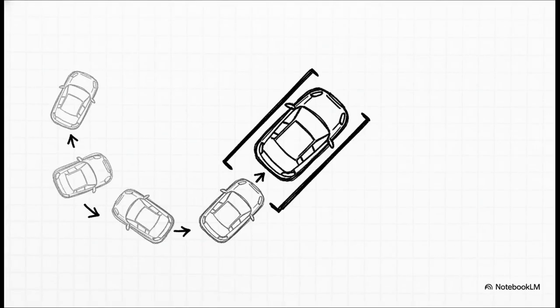The next step up is limited memory AI. This is where pretty much all of the AI that we use today lives. These systems can look into the very recent past to help make decisions. Think about a self-parking car. It's not just looking at the parking spot right now, it's also tracking the speed and direction of the cars around it for the last few seconds to make a safe move. Or even your streaming service. It's using what you just watched to recommend what you should watch next.